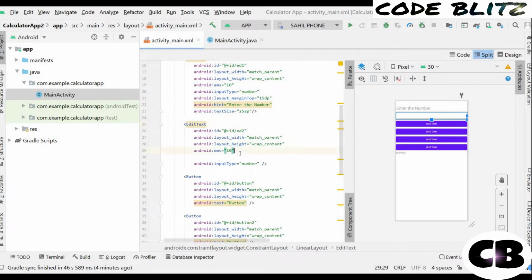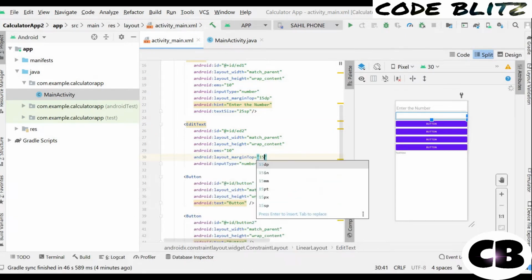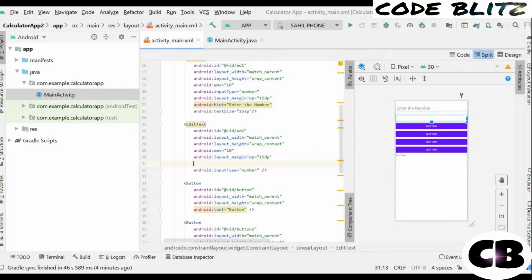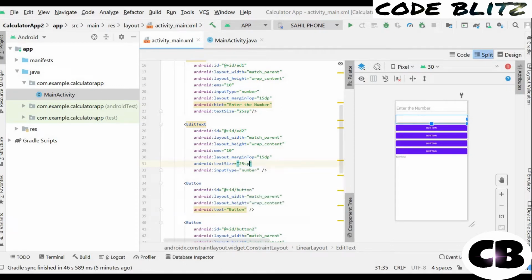So I will write here margin top. We can write anything. I am writing this 15 dp. Okay, see this space. Now let's give text size 25 sp. The designing part is all up to you, how you want to design it.